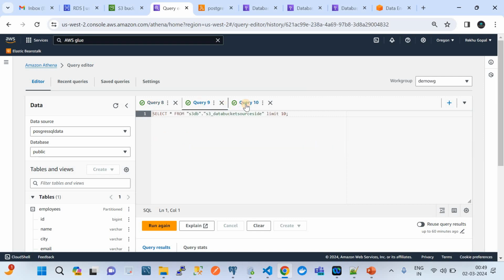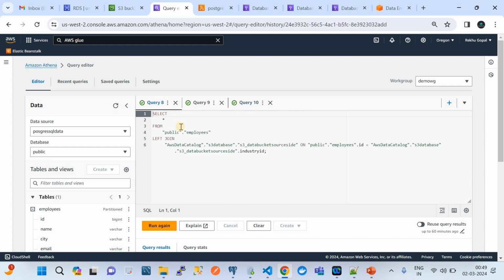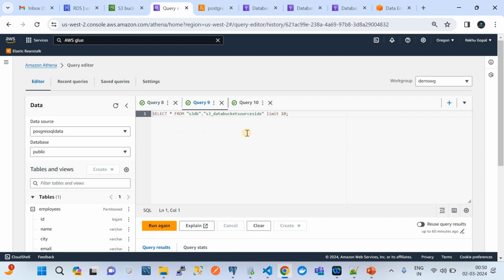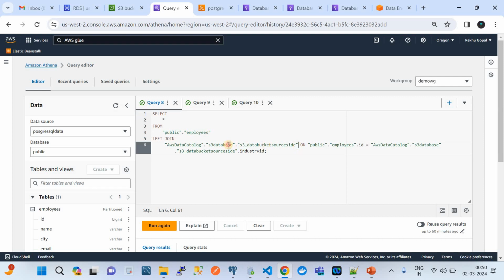So our employee table is coming from here. So we have a select star from this. That's what the query is telling. And the left join, in the sense, the employee table has to be joined with the data catalog table. So our data catalog table is something like this. So I'm going to copy this table, and then we're going to replace it in this query here. So we are saying that, hey,